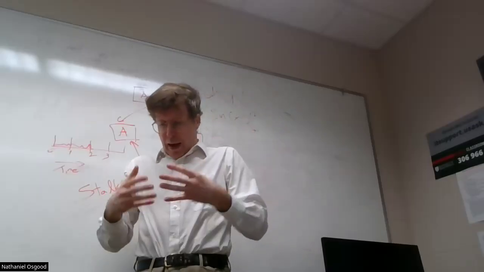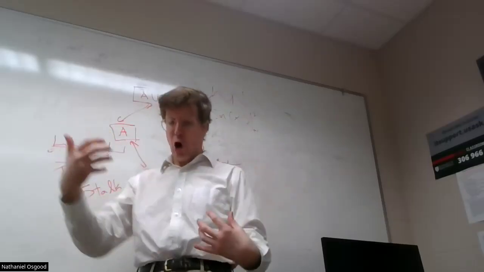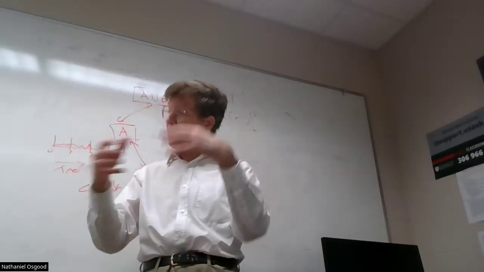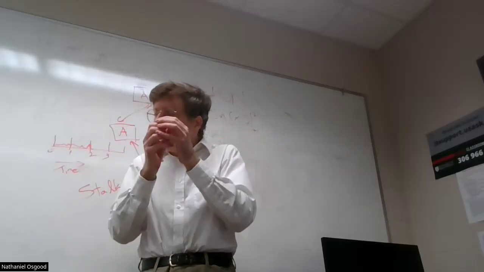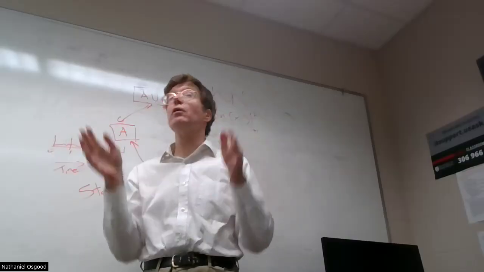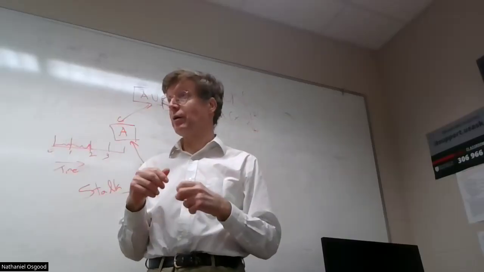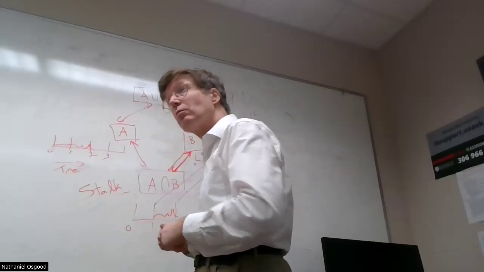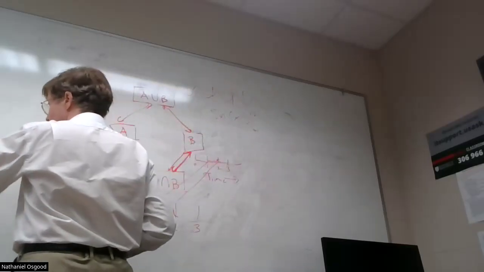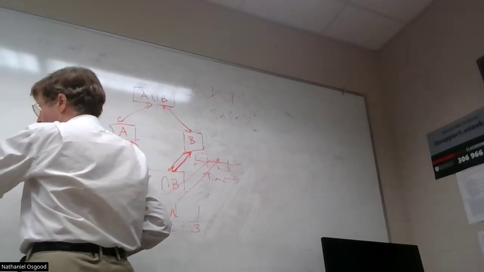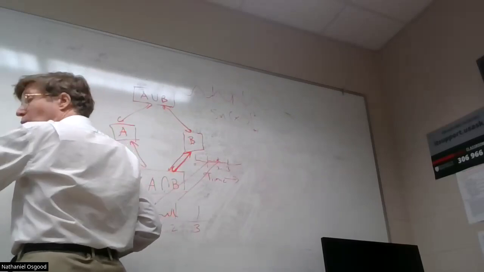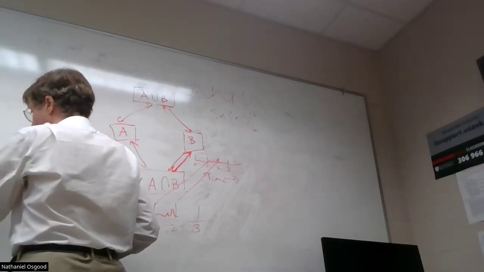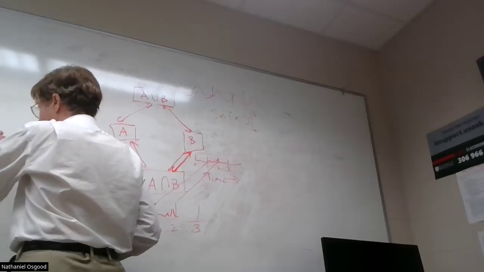Some area that lies within distance r, some radius of each of them, some area in which all three are nearby, then that would form a triangle called a two-simplex,